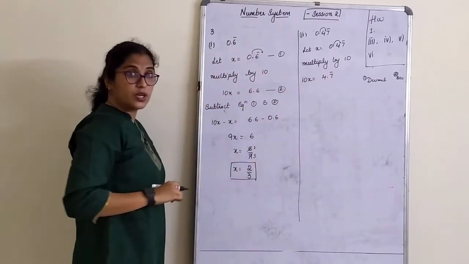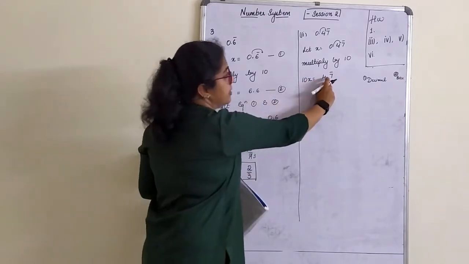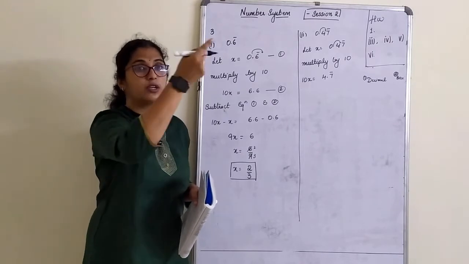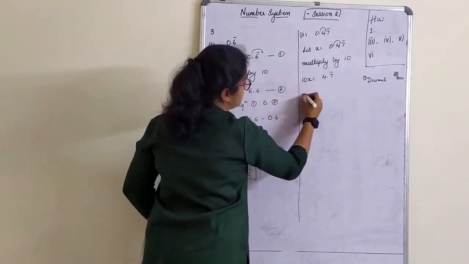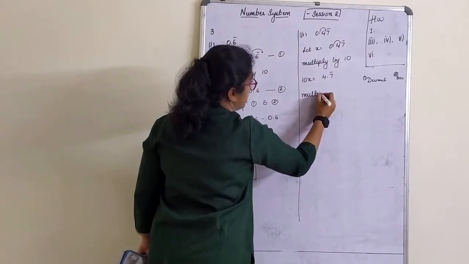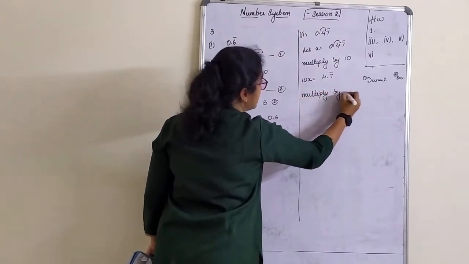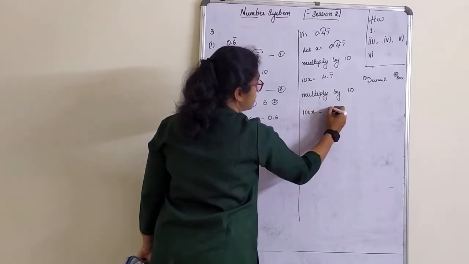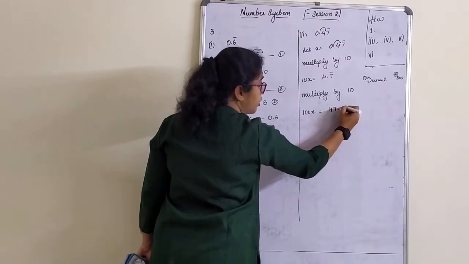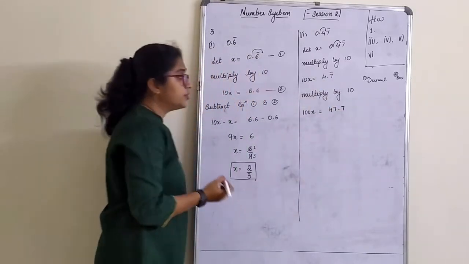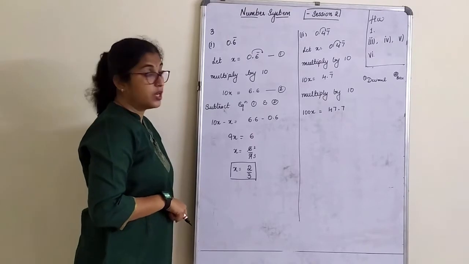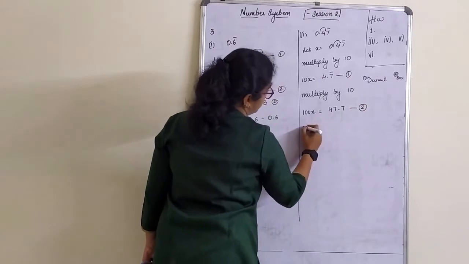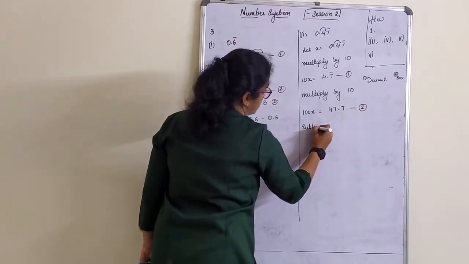4.7 bar. Okay. Now look at this. If I have to shift the decimal and bar totally, again only 1 point is there. Together I can remove it. Again, multiply by 10. So 10 into 10, 100x is equal to 47 point, what should come? 7 is recurring, so it is 47.7. Okay. So this is my equation 1 and this is my equation 2. Subtract